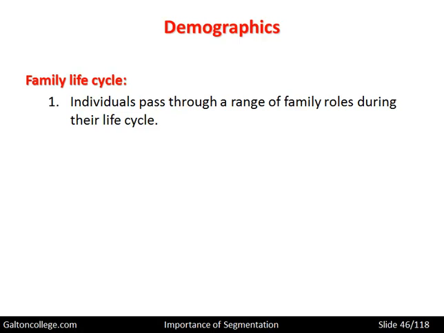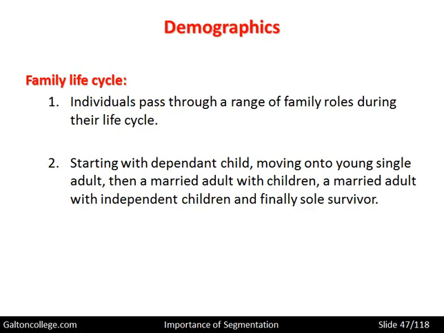As the children get older and older, eventually the children will go to college or university or go and get careers and leave the house, set up their own place, and then the adults who are remaining will revert back to what they wanted and their style. And so there's a process of readjustment within the family unit. And again, marketers will be interested in all of that to see how they can develop products that will match the various requirements at the different stages of the family life cycle.